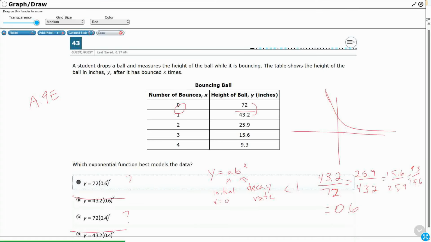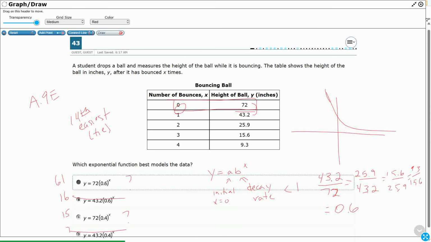Now, we had 61% of our students get this, so it's pretty straightforward. You can eliminate two answers immediately by just focusing in on that x of 0 equals a y of 72. So that's our A term, our initial, and then you just had to do a little bit of calculation. So 16, 15, and 7. This ended up being tied for our 14th easiest